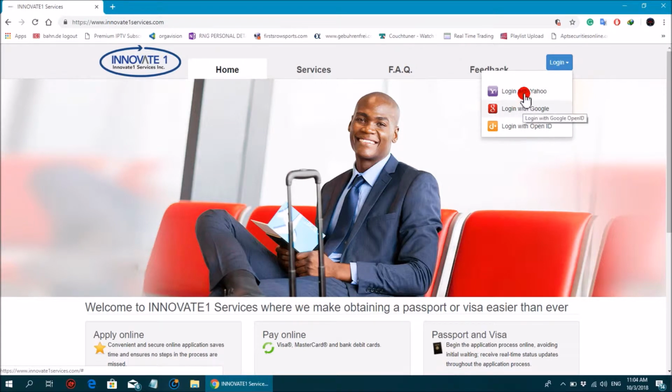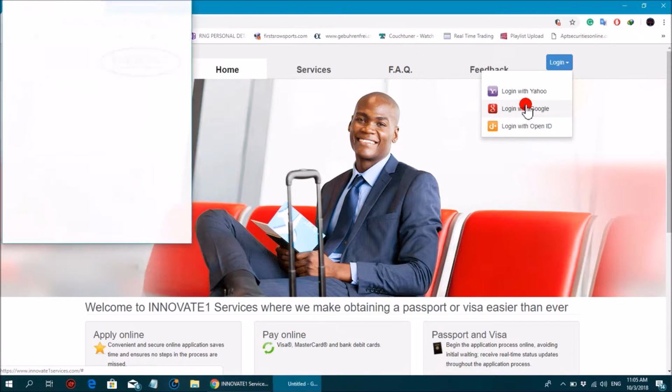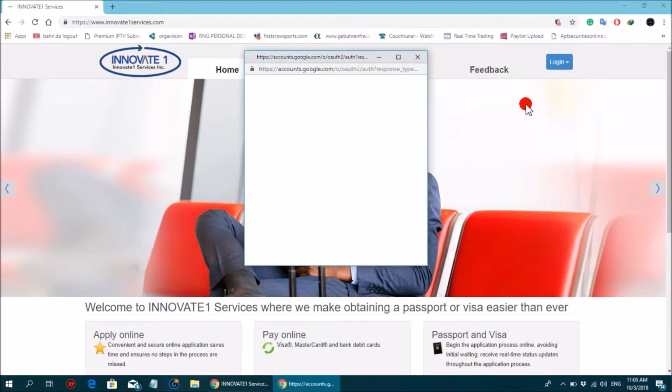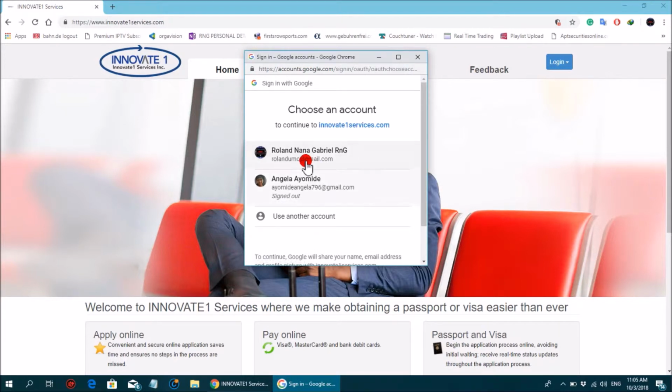For instance, if you're using Yahoo or Gmail and you are doing this by yourself for the first time, for instance, I click on my Gmail. So now this is my mail. Because I have already registered with the system, when I click, it will open at once.